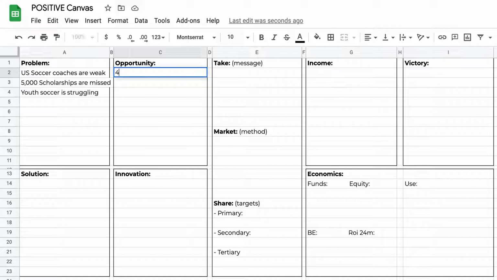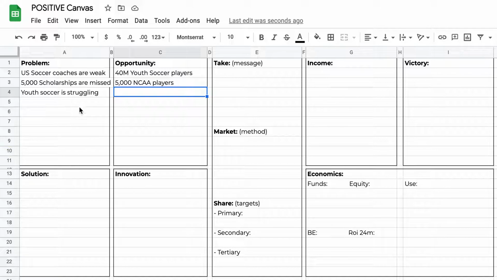Well, with 40 million youth soccer players, that's a huge problem, right? You can see the scope is enormous. Obviously, not all those kids are going to go for scholarships, but there's a big opportunity. Well, we've got the same opportunity if we can help place 5,000 NCAA players. That could be pretty big, right? The colleges need them. The kids could play for free. So there's a big opportunity there to help a lot of youth and help a lot of collegiate teams. So it's just an example.